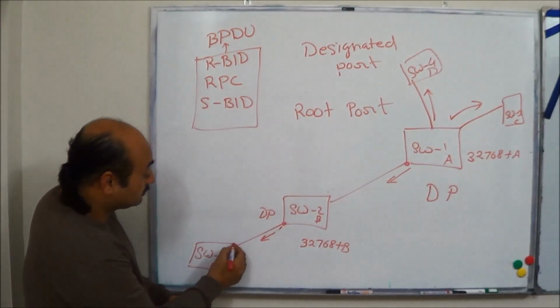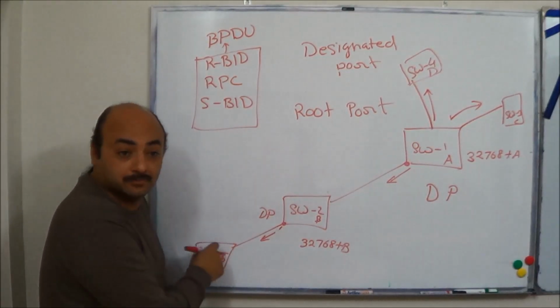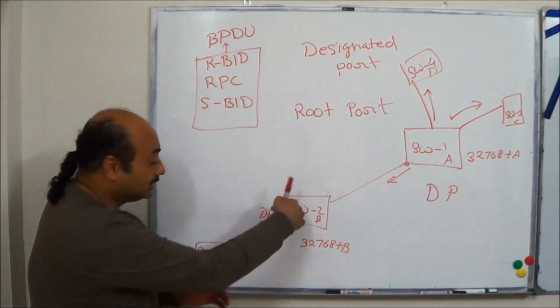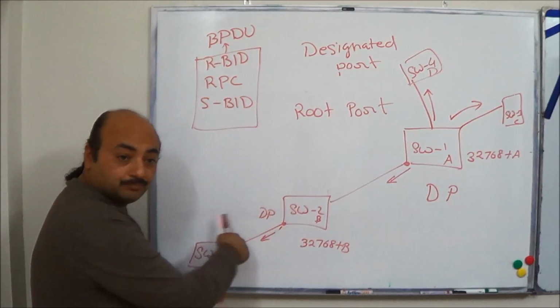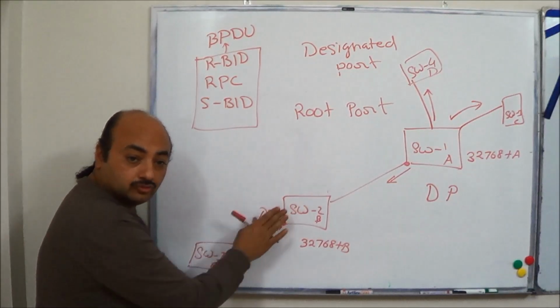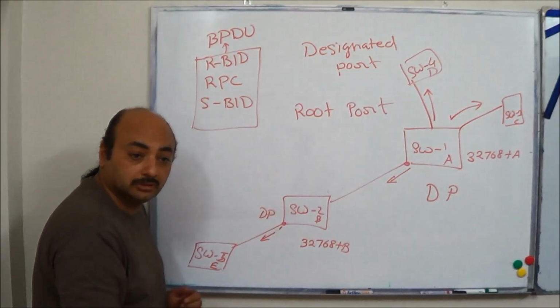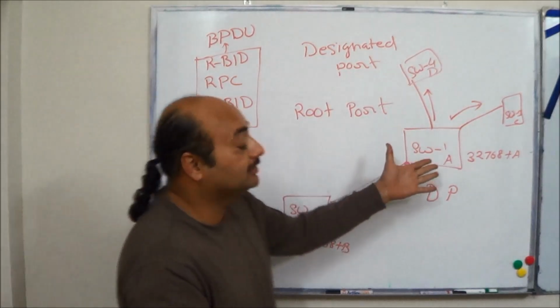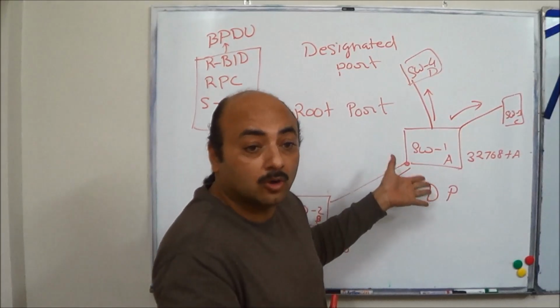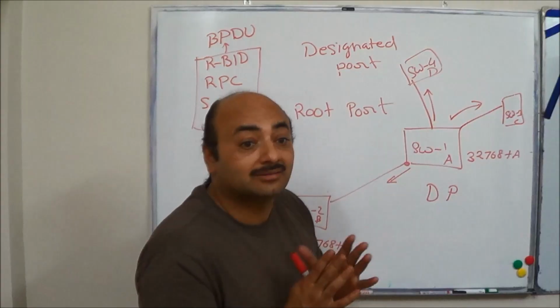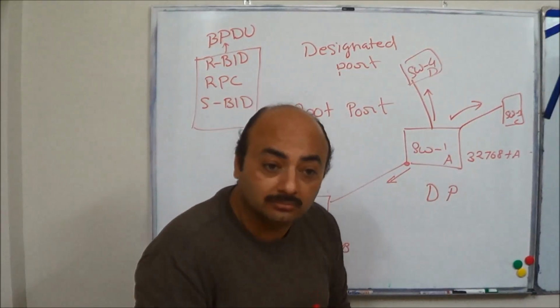Because this one is shut down. This is not shut down, in terms of sending BPDUs back. Initially it might have sent, but then it received a superior BPDU, and it is no longer sending BPDUs. So this one is superior, and this one is a designated port. On the same lines, all the ports on this particular switch are designated, sending BPDUs. That's why they are designated ports.